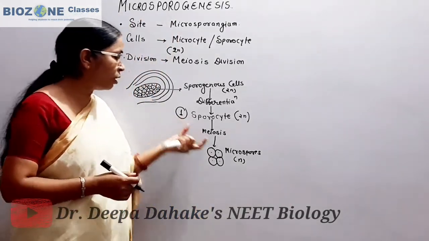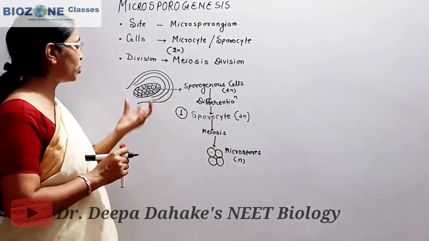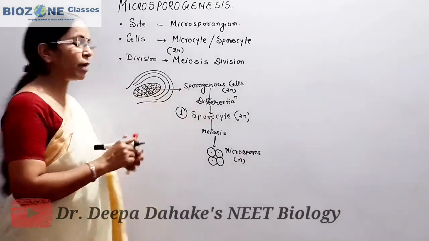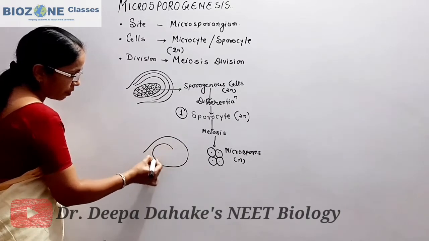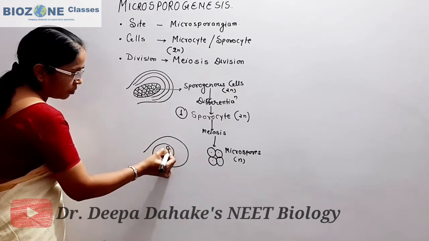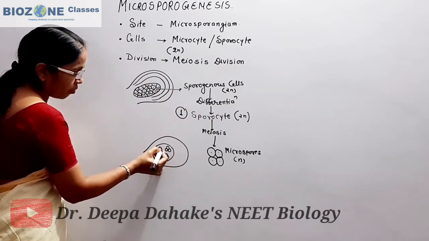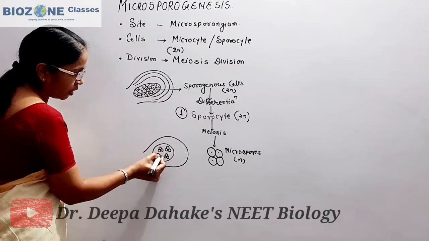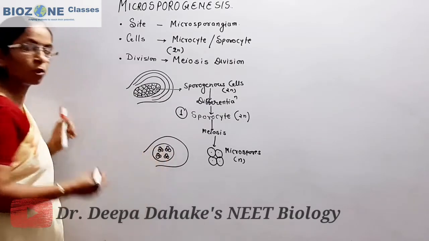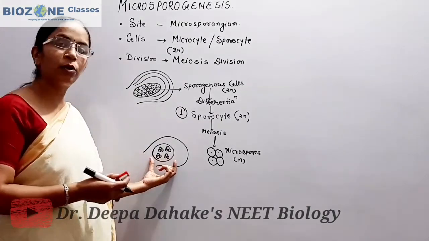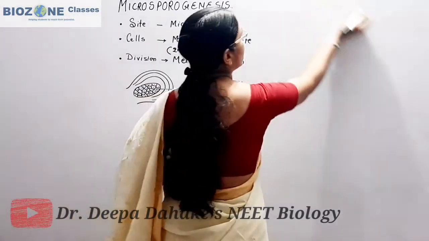So this is the general process of how sporogenesis takes place and the site where it takes place. And when the microsporogenesis is completed, inside the anther wall the microsporangium shows these tetrads of microspores, and these tetrads of microspores are arranged in a tetrahedral structure. So a large number of microspores will appear inside the microsporangium. Now we study how sporogenesis takes place.